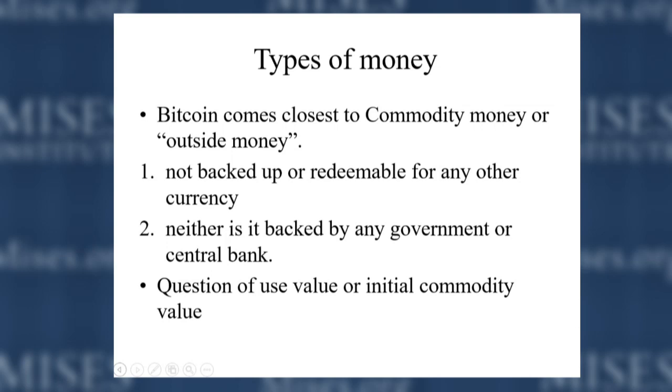Well, obviously there was some sort of initial use value in the beginning, even though it's not something tangible that I can hold in my hand. It's on my phone. It's a piece of code, but there are so many things that add value to our lives that are literally pieces of code on our phones. Think about something like Facebook or Google. Literally they are pieces of code, but they have a large use value to us. So the question we have to answer is, was there an initial intrinsic or use value for